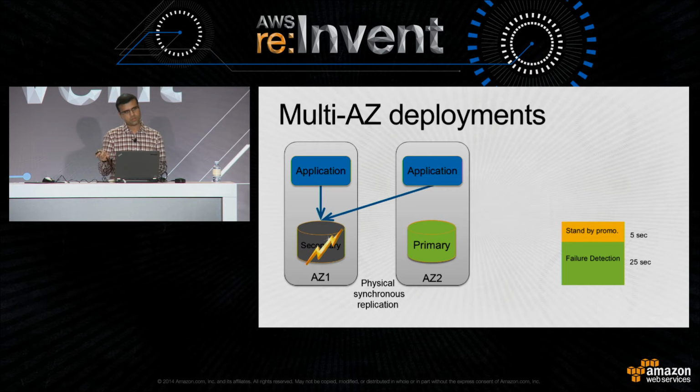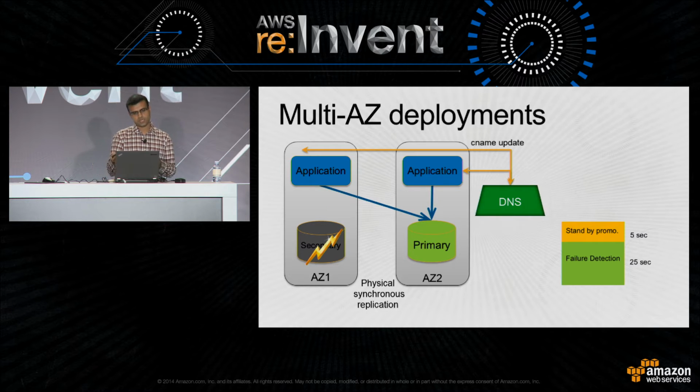And this process takes about 5 seconds, typically. And after that is done, RDS communicates the change in the primary to your applications via DNS. So the CNAME is updated to point to the IP address of the secondary instance. And as long as you use CNAMEs to connect to the RDS instance, this process is very seamless for you. Your application will have some downtime while the failover process is complete. And after the DNS update is done, your application just connects to the instance without you having to do anything